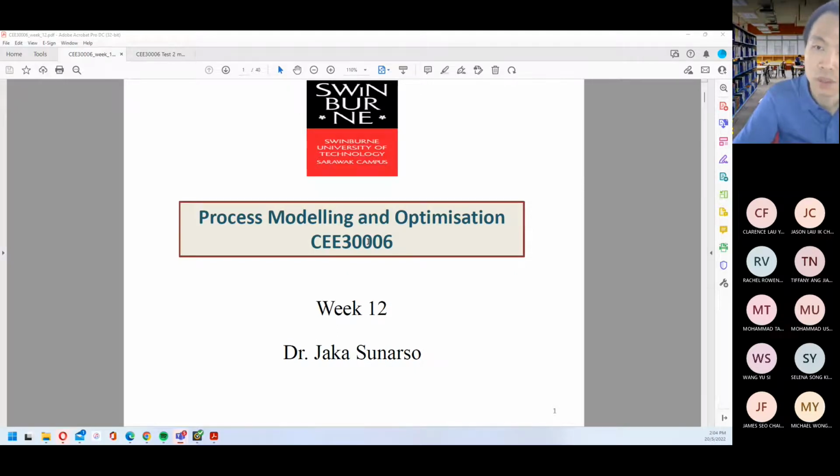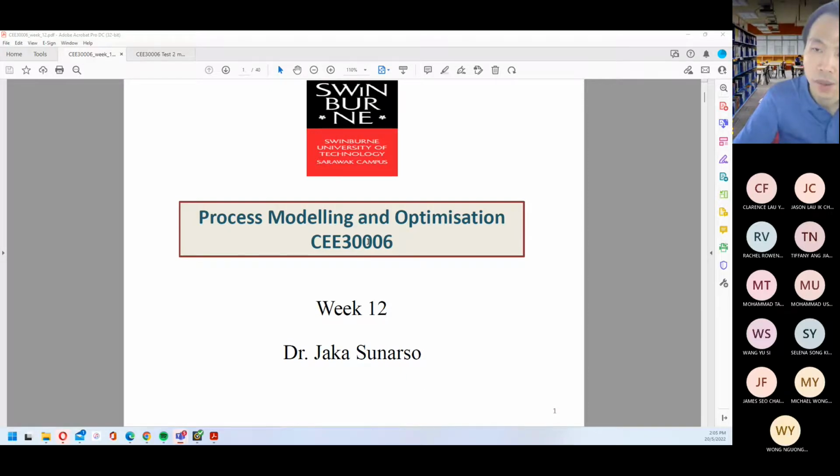The unit is called process modeling and optimization because at the time when I first joined, Professor Alex and Associate Professor Farouk, they are the ones that made the curriculum for the process modeling. So the process optimization was included into this unit. But I think the process optimization by itself is a big area to be covered. So that's why it is impossible to actually cover the whole materials for the process modeling and the process optimization into